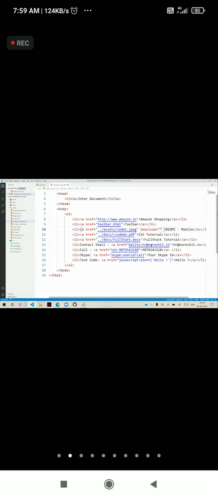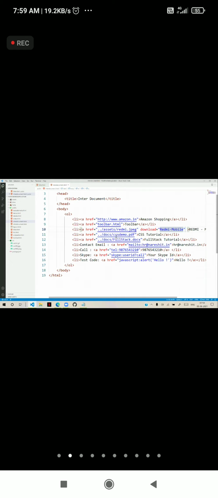But now we have a simple download attribute. With this download attribute, we can give a name. So I will give the name as readmi mobile. That means it will download by that name. Otherwise, it will use the default file name.